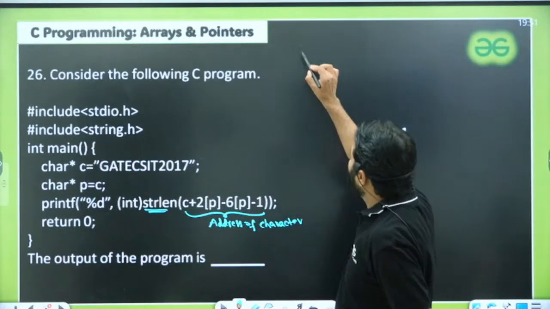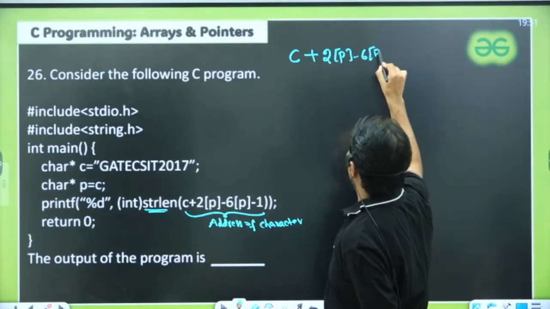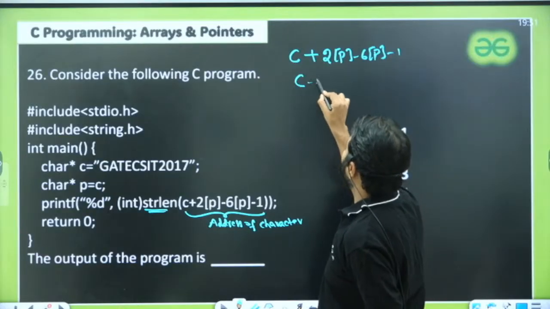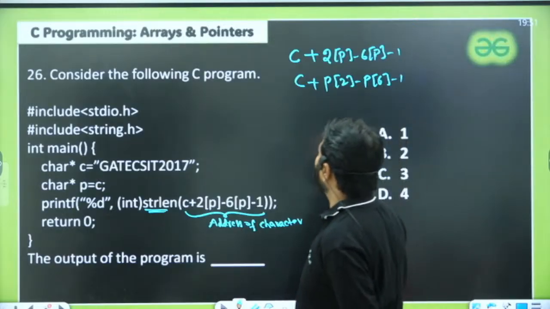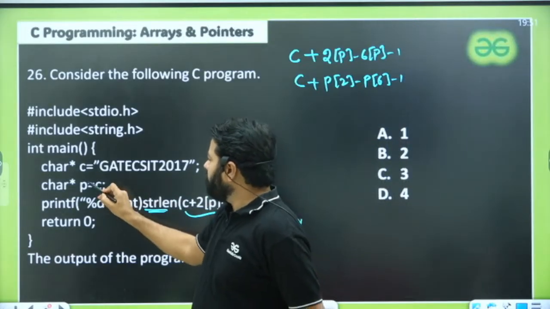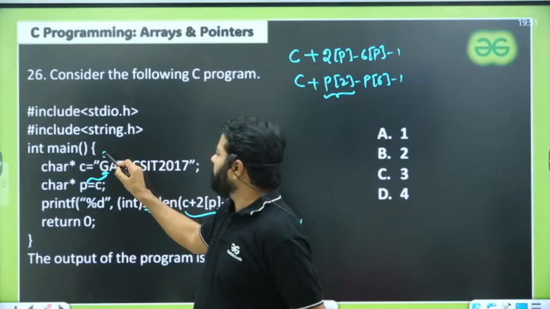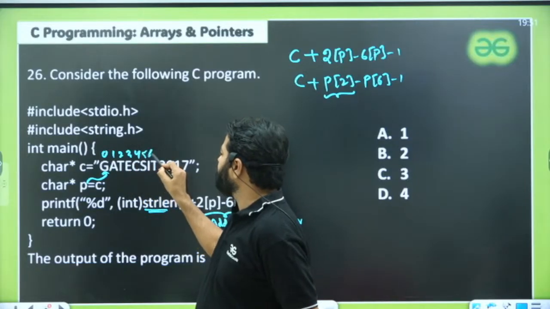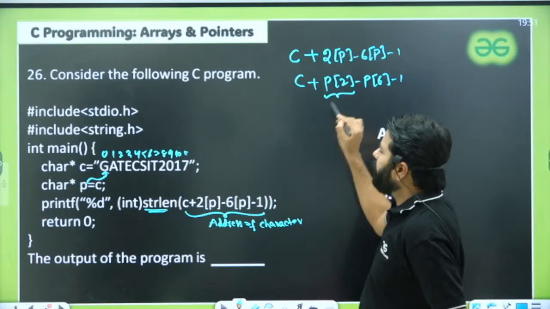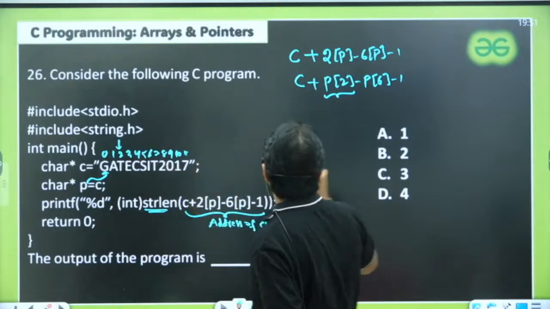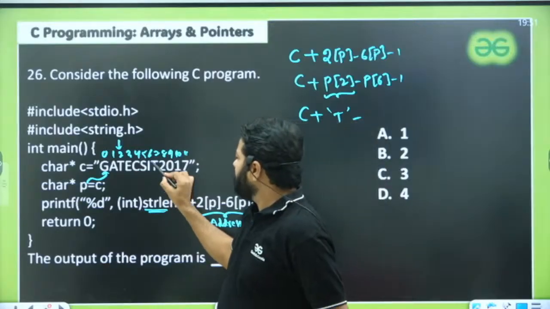So now first find out C plus 2 of P minus 6 of P minus 1. You can write this as P of 2 minus P of 6 minus 1, where P is pointing to the first character of C. When you do P of 2, counting 0, 1, 2, 3, up to 11, 12 is the null character. P of 2 refers to T, minus P of 6, that is I,